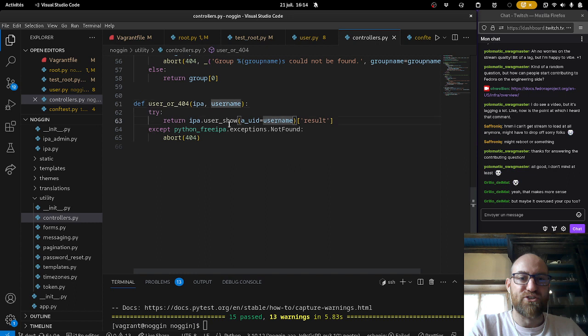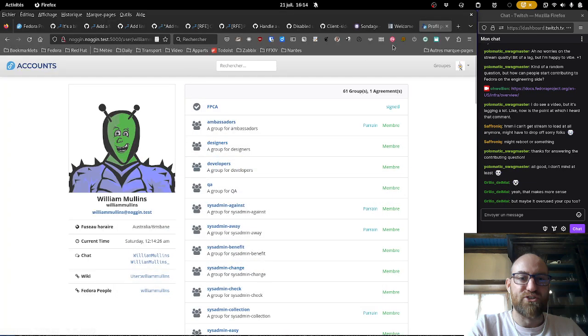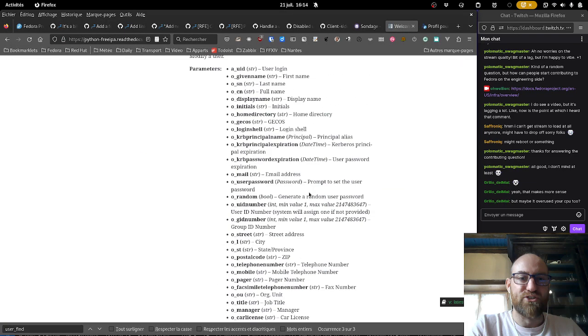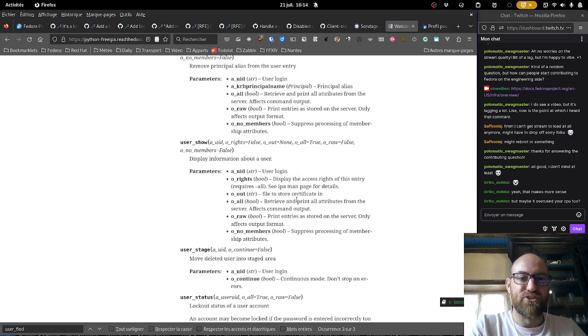So let's see if user show accepts specifying users that are not disabled. For that, I need the docs. User mod, probably a user show somewhere. Okay. Yep.